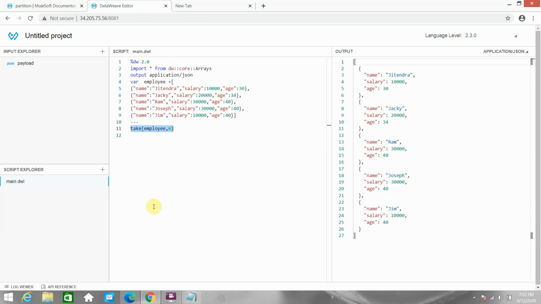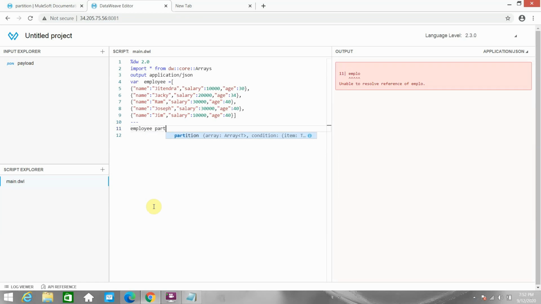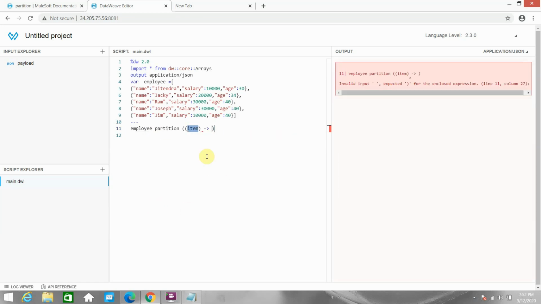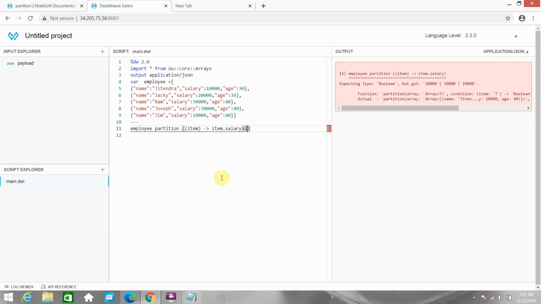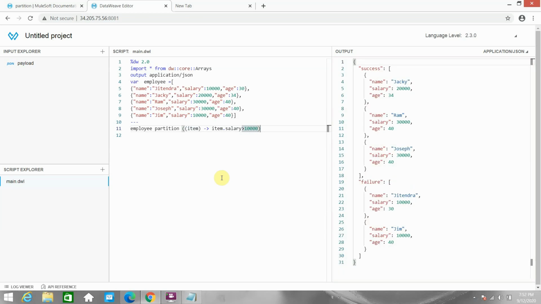So what I can do is say employee partition, item, and I can say item.salary is greater than 10,000. If you see, I have 2 items or 2 objects in the failure because they don't match the condition. You see the 3 items whose salary is greater than 10,000, 20, 30 and 30, so they came into the success partition.